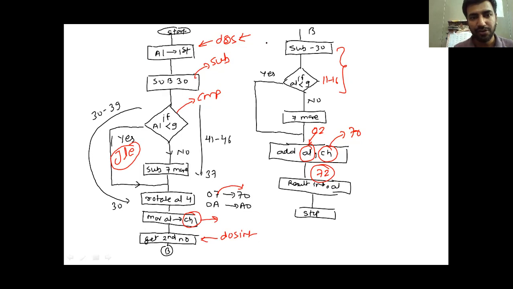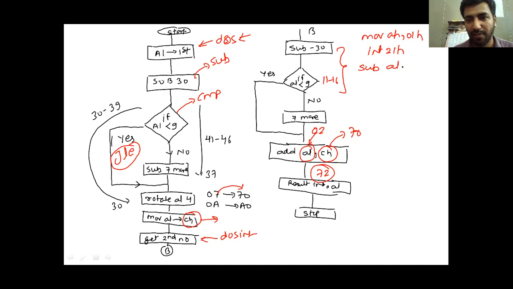So let me just write down the instructions for you so that you can also follow the flow chart and do this. Okay. So you know that you have to use the INT 21H command, but before that you have to move the right service number. Okay. MOV AH, 01H. Okay. This will take the keyboard number. Then you have to use INT 21H, and then you know that this will send the keyboard number into AL.